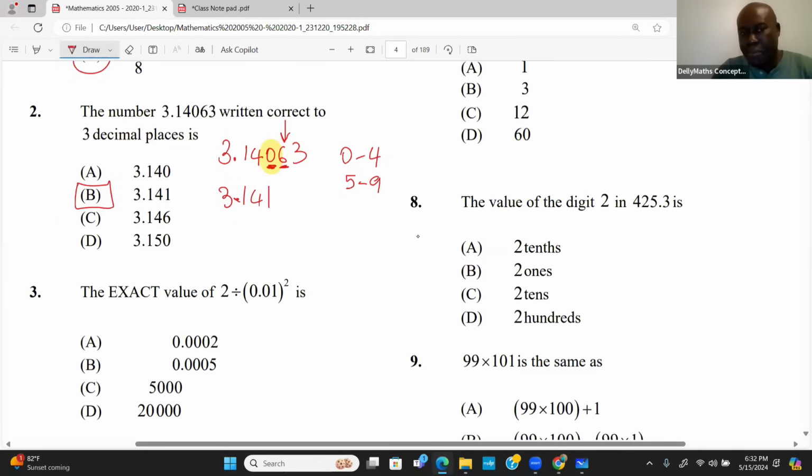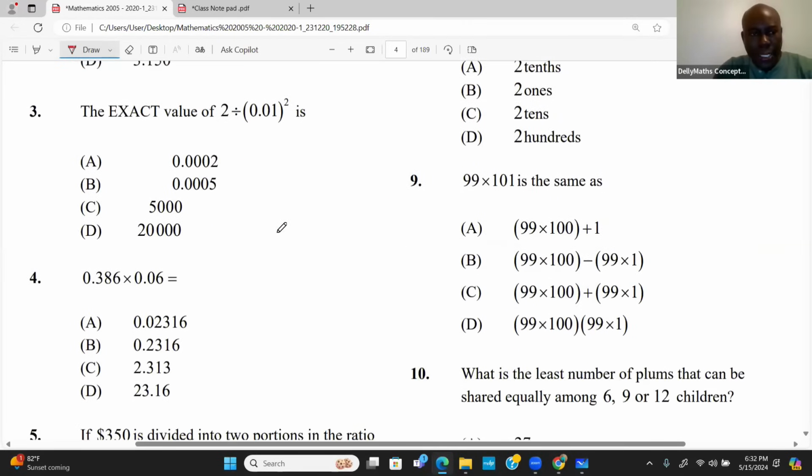We're talking a CXC paper now, and this is what we're dealing with. It doesn't get harder than this. It's just that you have to take your time and you go through. Let's fight through it. Question 3 here says,